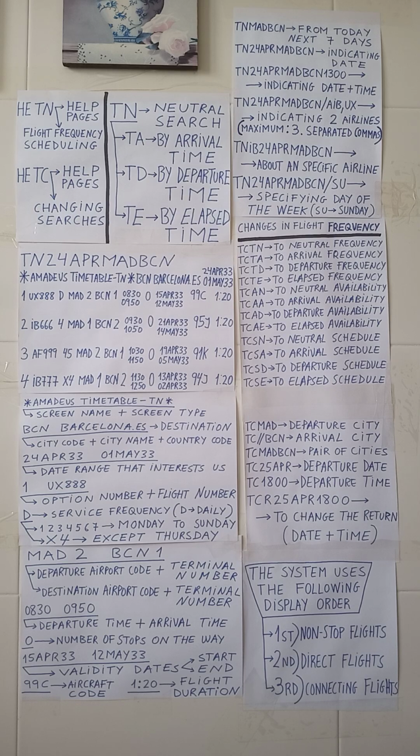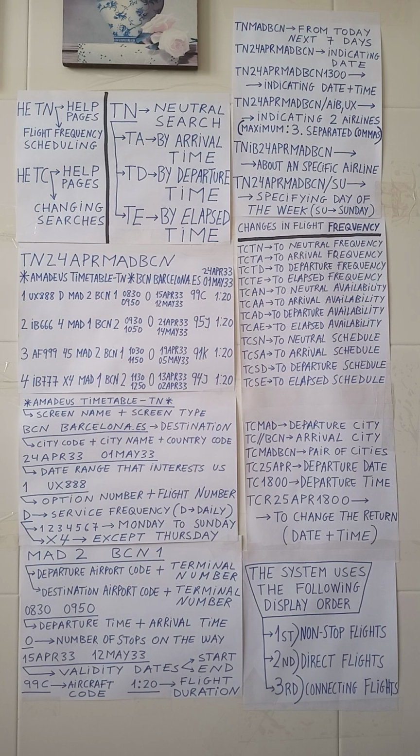Before starting with the next 8 transactions from TCAN to TCSE, all these 8 transactions, I recommend that you watch the specific videos I have made about the AN codes and their 3 derivatives, it means AA, AV, AE, and about SN and its 3 derivatives, it means SA, SD, SE. So,